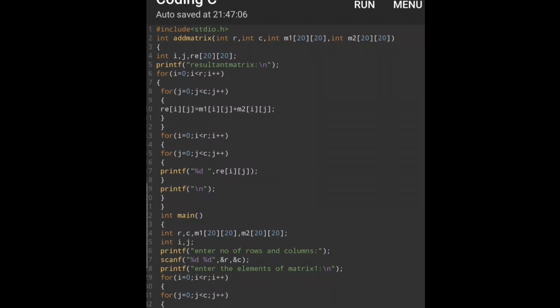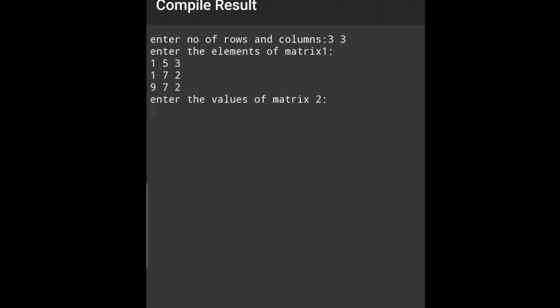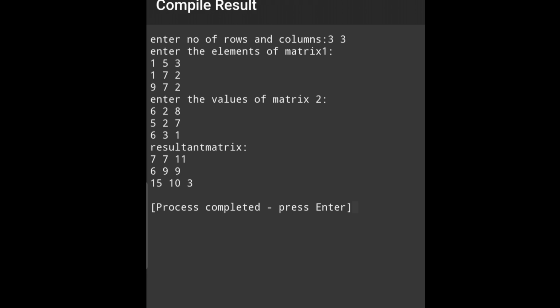So the user will enter how many rows and how many columns. Now we are running the program. Enter number of rows and columns. I have entered 3 and 3. Enter the elements. I am entering 1, 5, 3, like that. Whatever you want, you can enter. Now enter the values of the second matrix. Any random values, 3 rows and 3 columns. Now the resultant matrix will print the sum of the first row, first column elements,